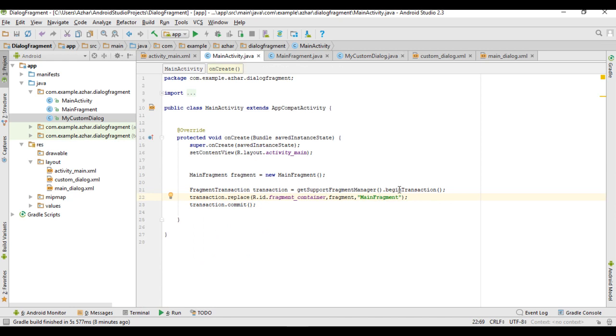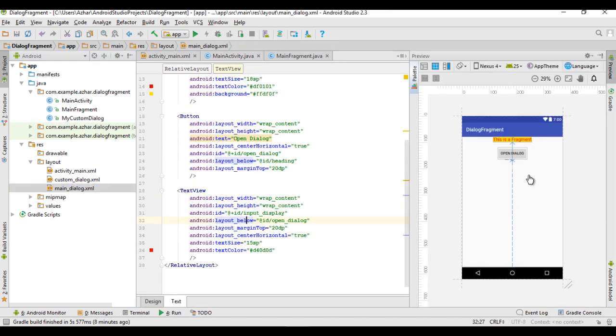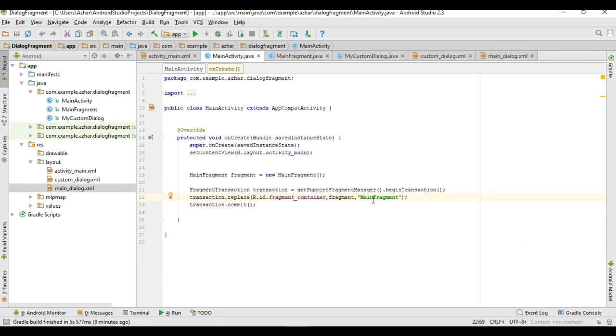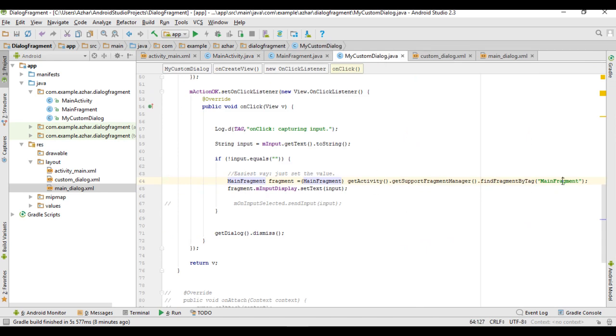So this is this fragment. I've given this fragment the tag as the name of main fragment. By this fragment inside the custom dialog, we access that fragment, and we use the input of main fragment, which is